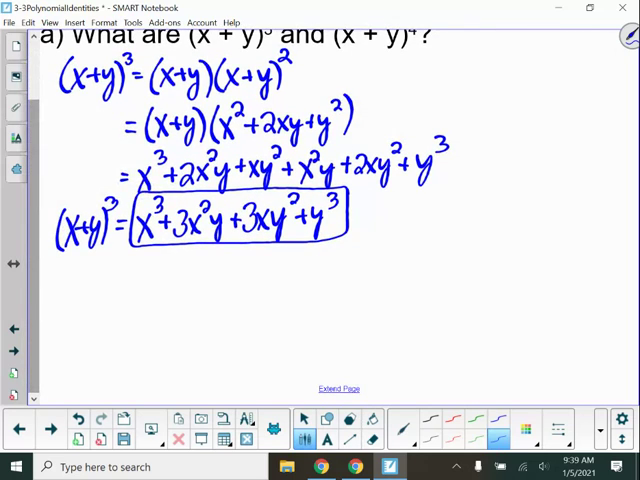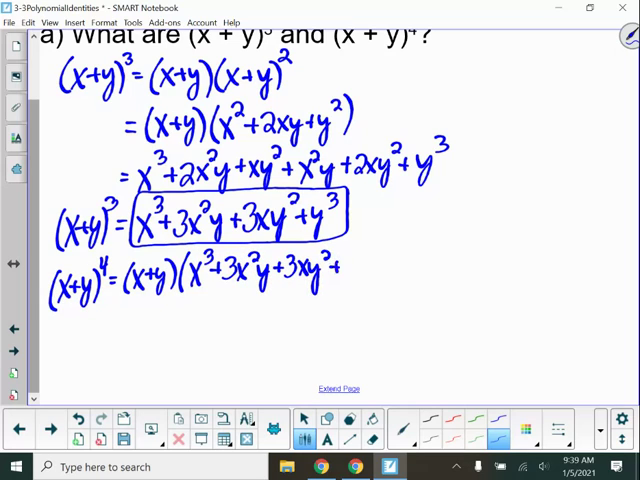Now we're going to take that further, and we are going to find (x + y) to the fourth power. So I'm going to take an (x + y) and multiply it by what I had in my previous answer. And I know this does get somewhat extensive whenever you're going through and doing it, but you're going to multiply the x by every term and then the y by every term, and then we're going to go through and combine like terms together. So we have here x to the fourth plus 3x cubed y plus 3x squared y squared